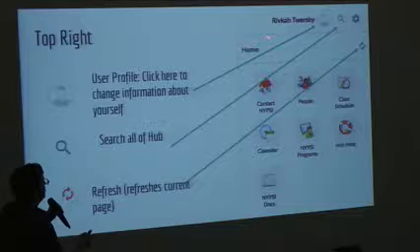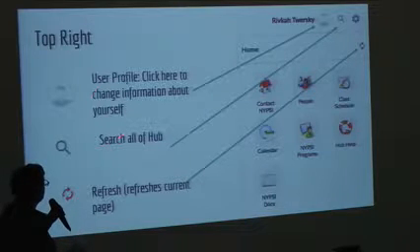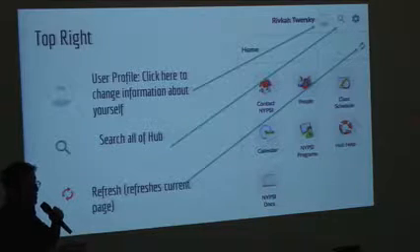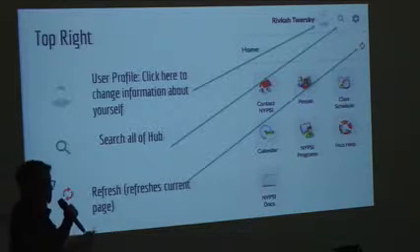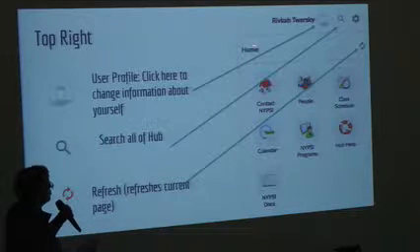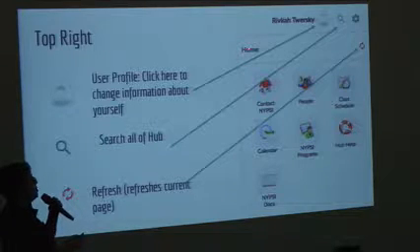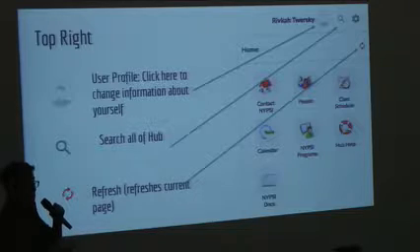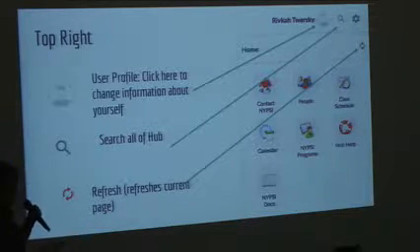But the other thing I want to point out is this. This tells you where you are. Right now, we're on the home screen. And by the way, this is not what the main screen looks like. This is just a screenshot of the right side of the page. There is always the right side, the middle, the left column. I'm just trying to illustrate things. But this is important because you can always get home. You click here, and in other screens, it won't say home. It'll have a little orange house. And if you click there, you can get back to home if you're not close to home. And you'll see that in a minute.